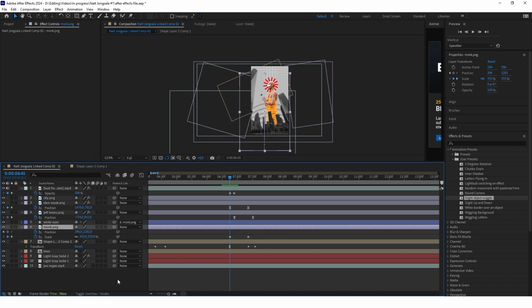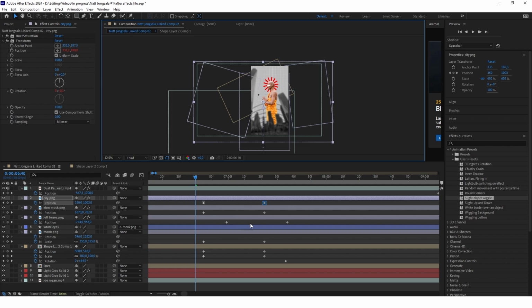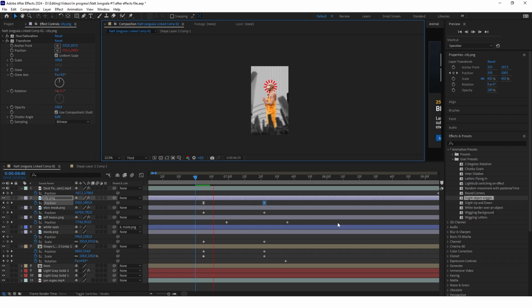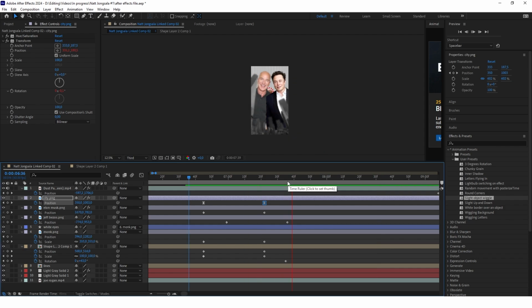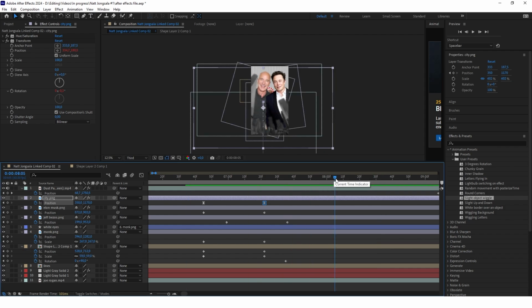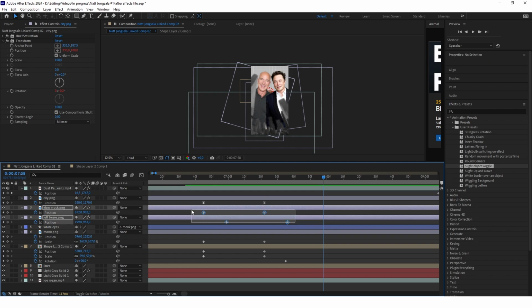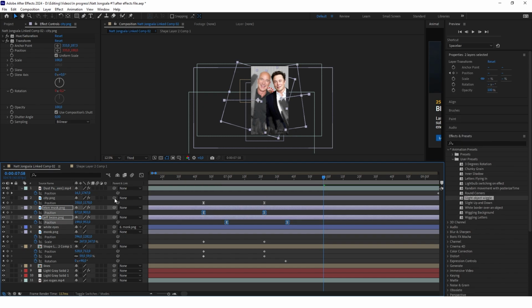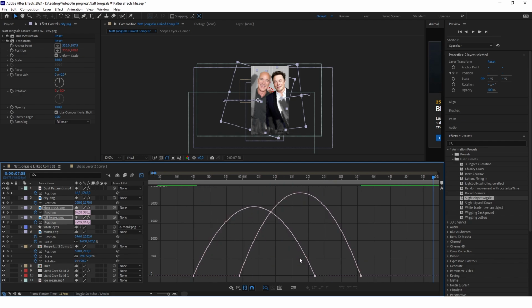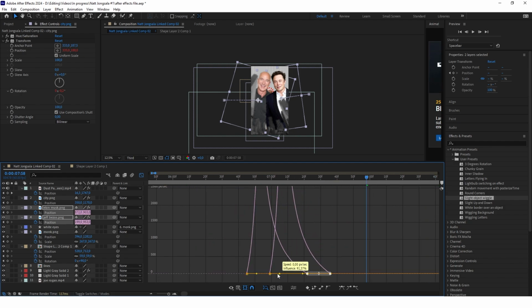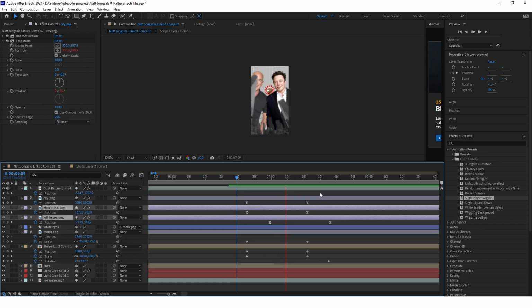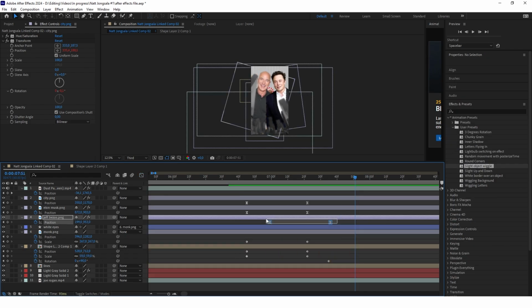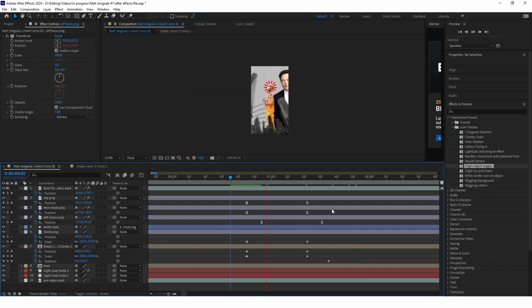One more thing that I should mention is that when you're decreasing the scale of the monk, you have to remember to also decrease the scale and change the position of this shape behind his head. Okay, so this is how it looks for me right now. I think it's pretty good, but what we can do is actually select the keyframes on both of the characters and click F9 and make an ease in animation on both of them. So move it like that. Let's see right now. Yeah, now it's better, but now we can actually also make Jeff Bezos appear faster. Yeah, okay, now it's good.